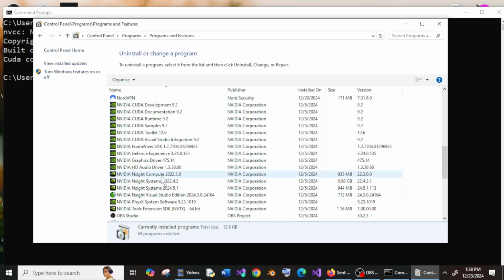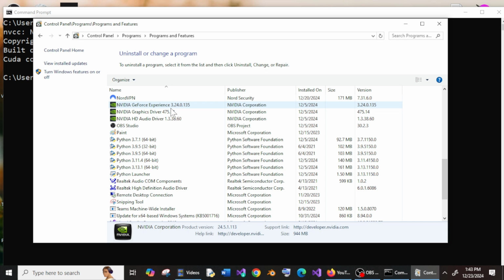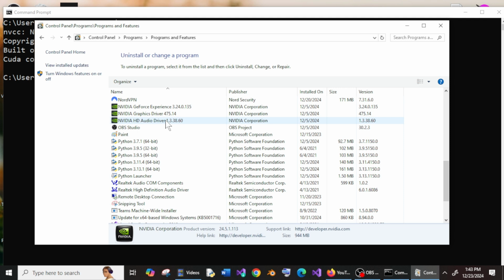And another important thing, don't uninstall this Nvidia GeForce Experience as well as Nvidia graphics driver, because that is related to your graphics card. Okay, so only uninstall those which are related to CUDA as well as Visual Studio Code integration. So for uninstalling, right click and uninstall. So that's it. I have uninstalled all the applications that are related to Nvidia CUDA, and I'm just having my